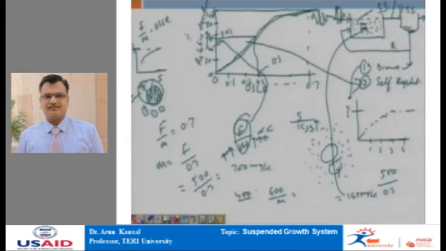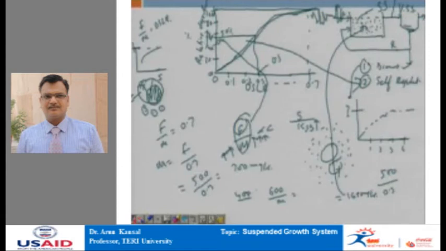Now, since this bacterial biomass consists of the incoming wastewater as well as recycled sludge all mixed together, it is also known as mixed liquor suspended solids or mixed liquor volatile suspended solids, MLSS or MLVSS. ML is mixed liquor. Mixed liquor denotes that the sample is from the aeration tank. Otherwise, it is suspended solids or volatile suspended solids, which is considered as an indicator of the bacterial biomass of the system. So, to conclude,